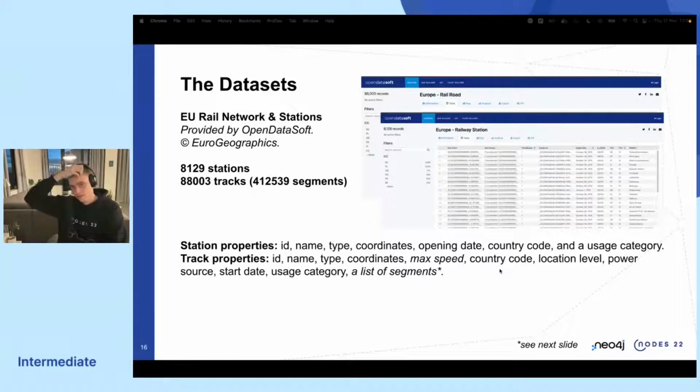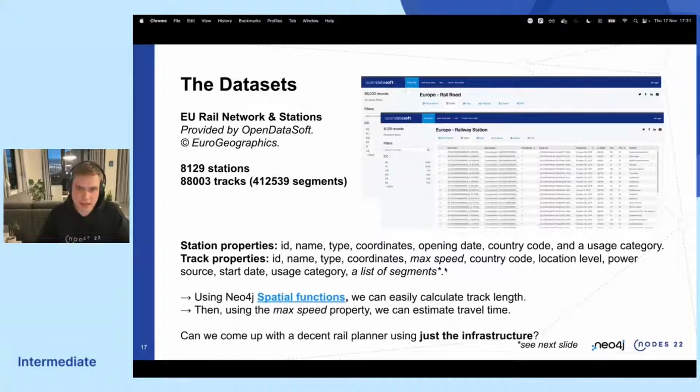And that's actually really useful because it lets us make an estimate of how long a track would take to ride over, right? So we have the distance of the track and we have the speed, so we can calculate how long it is going to take to go over this track, and that's super important for the routing use case that we're doing.